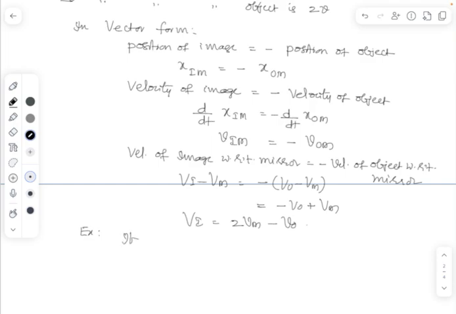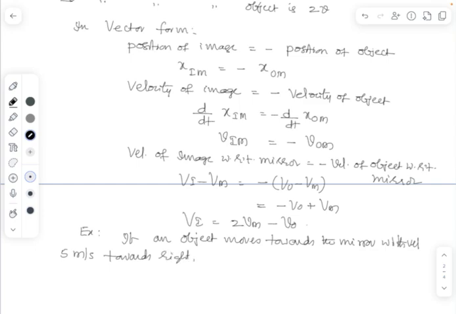If an object moves towards the mirror with velocity 5 meters per second towards right, and the mirror moves with velocity 2 meters per second towards left, then